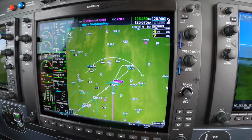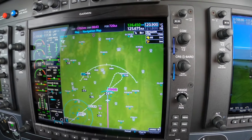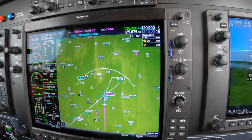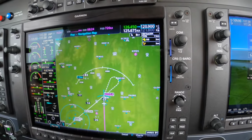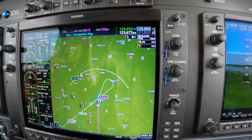Hi, Dick Rochford here, board 297 Sierra Tango. It's a brand new Mike 500, M500 Meridian. And this is the NXi G1000, new and improved. We are approaching